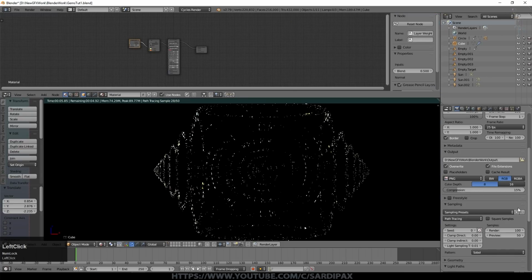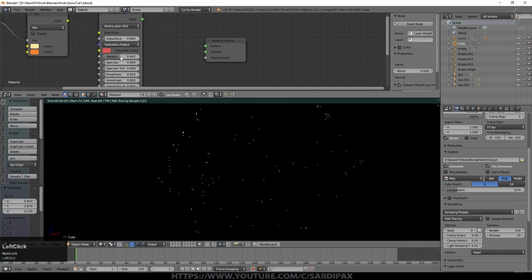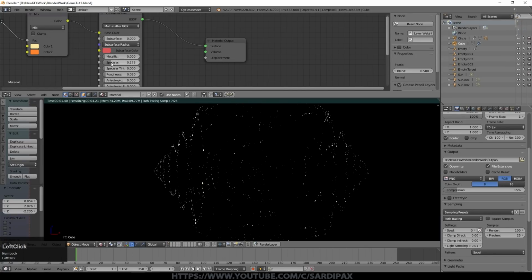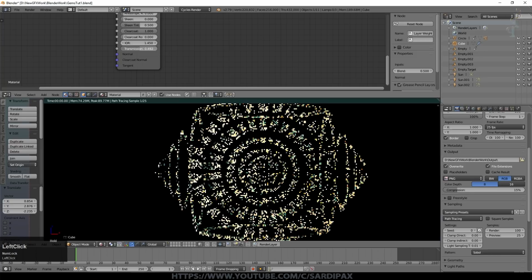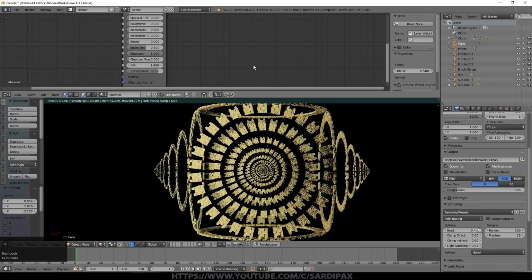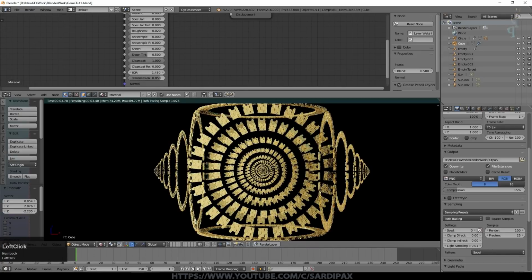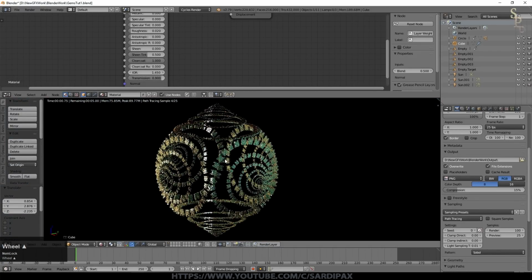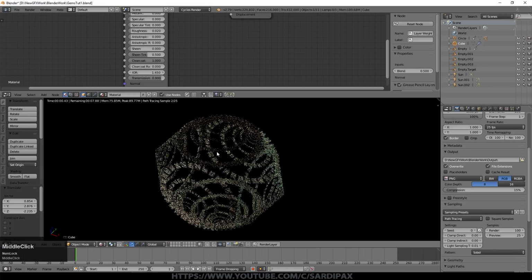Let's just put the number of samples down to 25. We can add some metallic to it, for example. We can put some specular back in. We can take the transmission down slightly. And obviously that's not what I had, but you can see the shapes a lot better. I had mine as completely transmissive, and you can see how the lights are sort of showing slightly differently depending on what axis you're looking from.